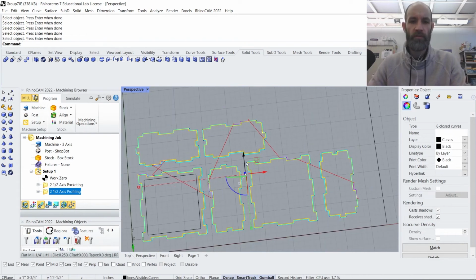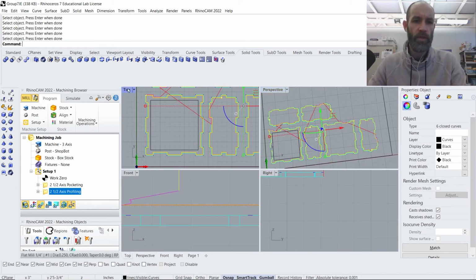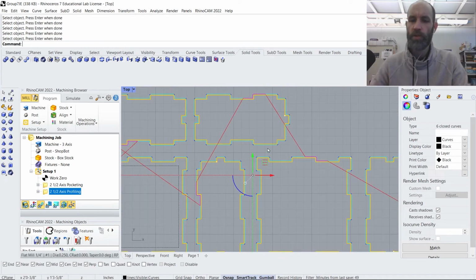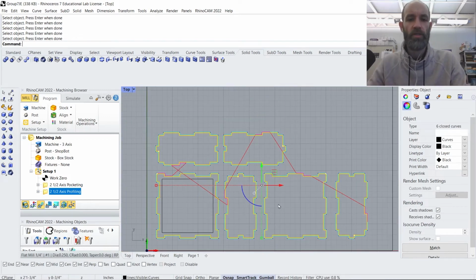So from the overhead view, if I switch to top, you can see in red the travel motions where the machine will lift up to the height of the clearance plane while it moves between each of the different geometries. And you can see the path that it follows through. It will start here in the lower left, then it will do this one, move down to this one, move up, and kind of sequentially through